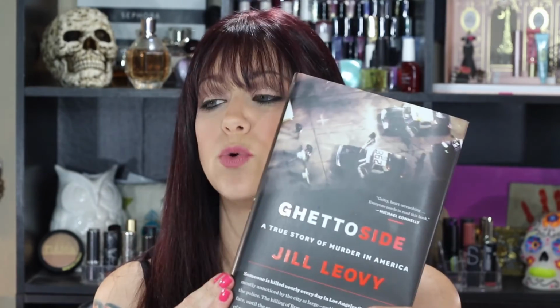But this is one of the books that I got from the Book of the Month Club. This is Ghettoside by Jill Leovy. And this appealed to the news heart in me. So if you are a news junkie or a person who likes true stories, then you'll probably love this. It's a story of gang killings in Los Angeles County,